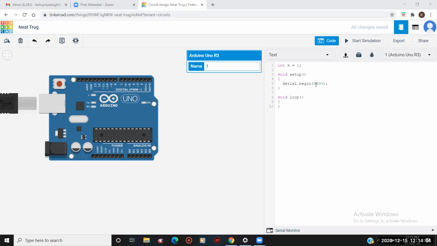Just look at my cursor very carefully. Serial dot begin. So in the bracket, I have defined the baud rate, and it is a number that we want to print on the serial monitor in that formation only. So we are using it.